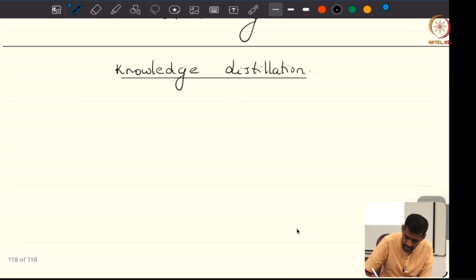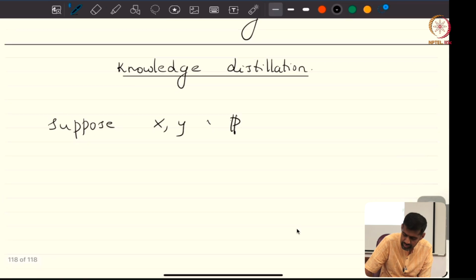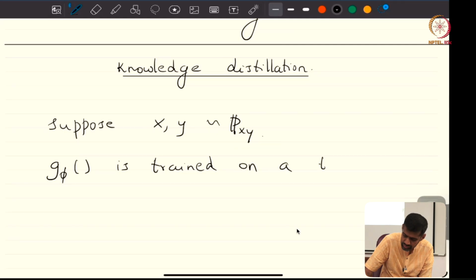Suppose there is some data, again x comma y, that is sampled from p of x y, and a neural network G phi is trained on a task. Now let f theta be another neural network